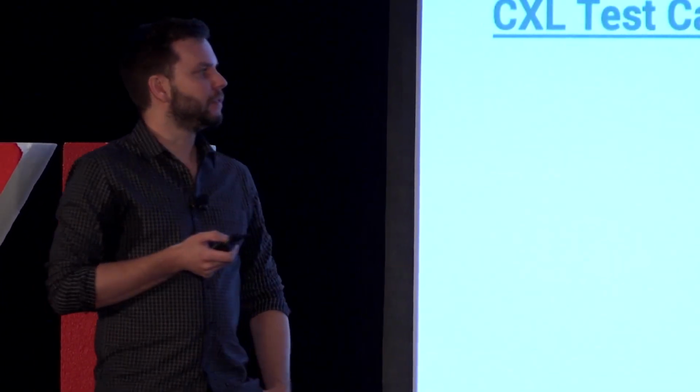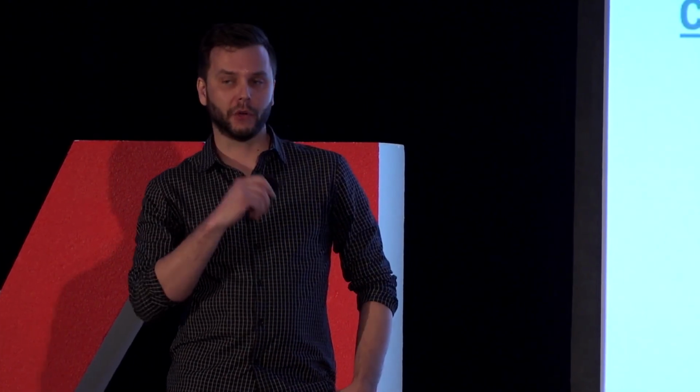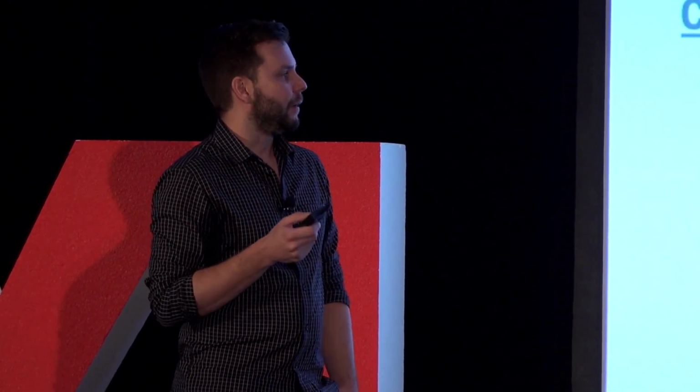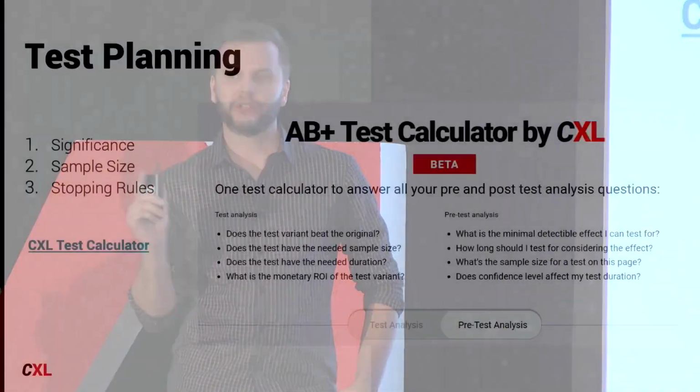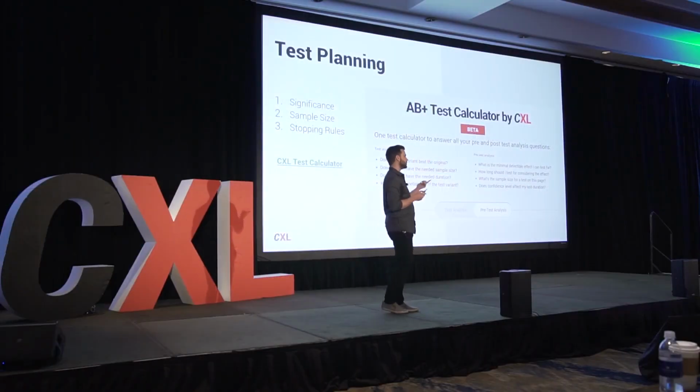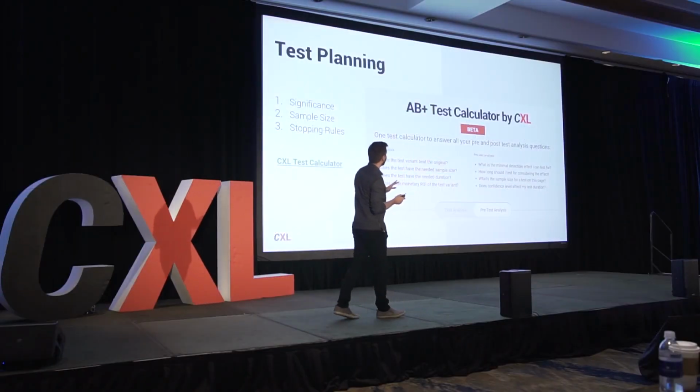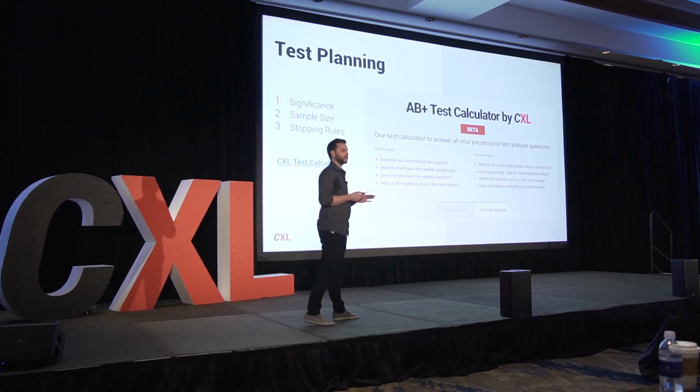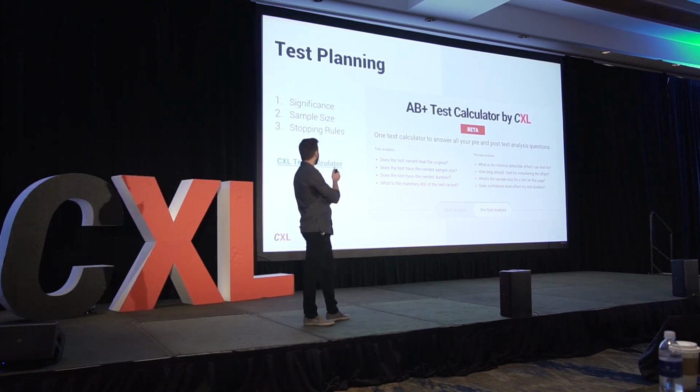Now, before I get into more test examples, I just want to mention briefly that in order to get permission to show you our client's data, one of the conditions was they didn't want me to show any absolute numbers. So I'm only able to show you relative uplifts, and I would really prefer to be able to show you the actual number of users that were in the test and the number of conversions. So I just wanted to speak really briefly about the test planning rules that we use internally and that you should definitely include in your optimization program.